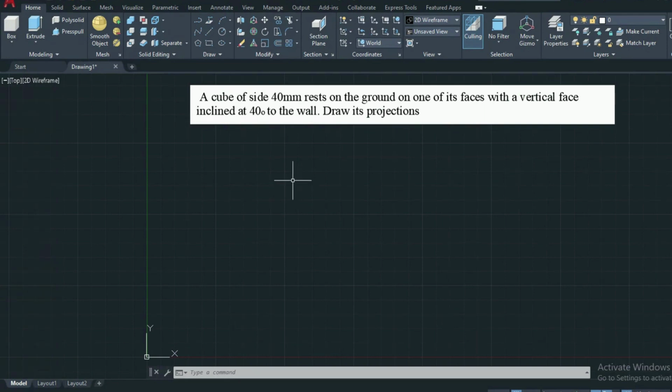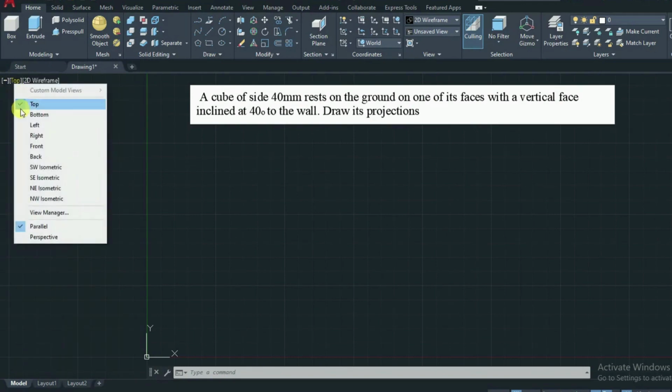Here the base is lying on the ground, either on the ground or on the wall. If on the wall, we need to start with the front view. If the base is on the ground or on the horizontal plane, you need to start with the top view. So here you can go to the view control and change it, so it's in top view.